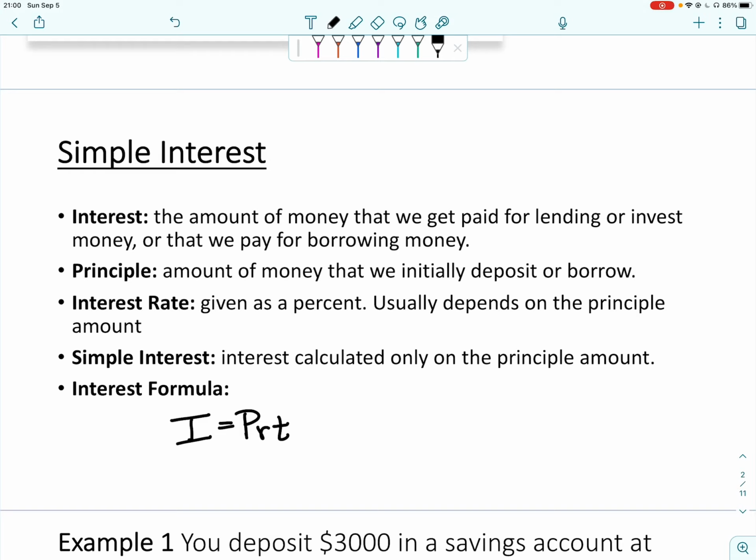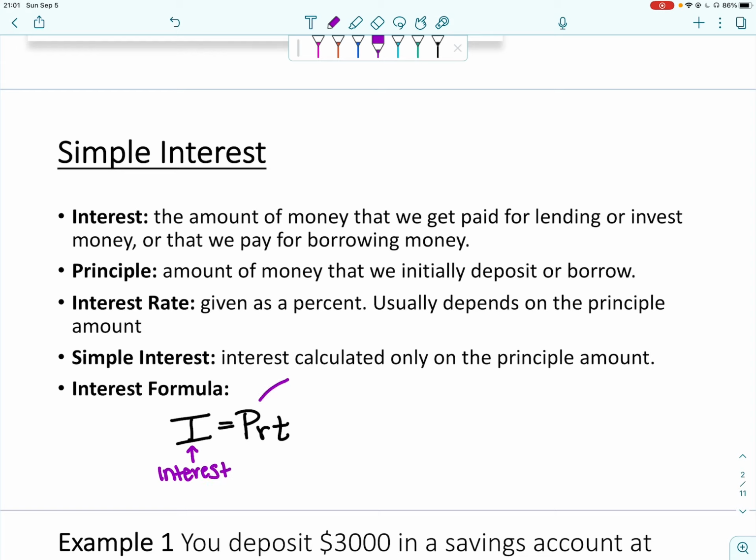So we're going to look at simple interest first. Simple interest is interest that is calculated only on the principal amount. So you put the money in the account or you borrow the money, and they calculate the interest only on that initial amount. So the interest, which we're always going to shorthand with a capital I,